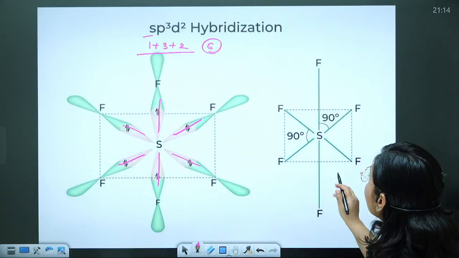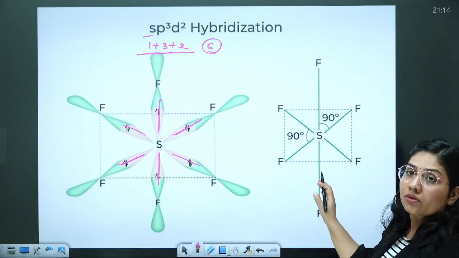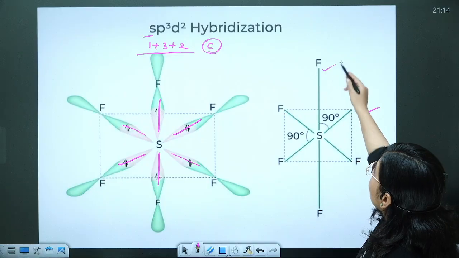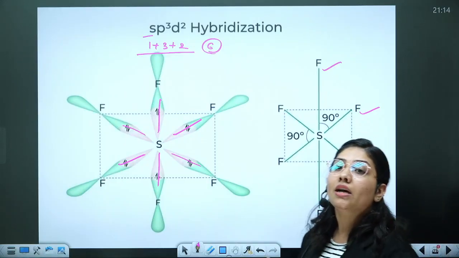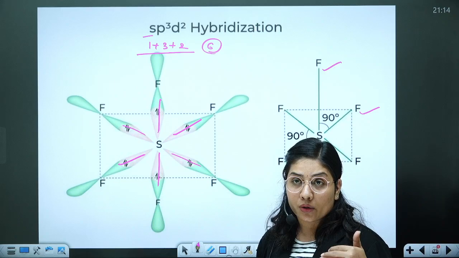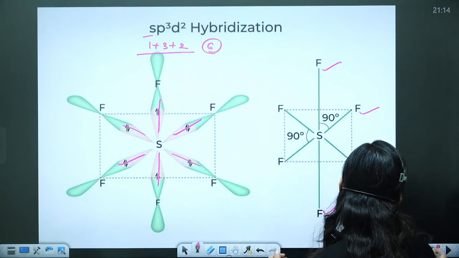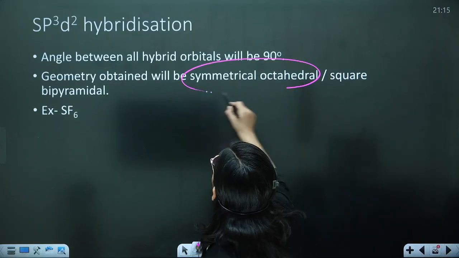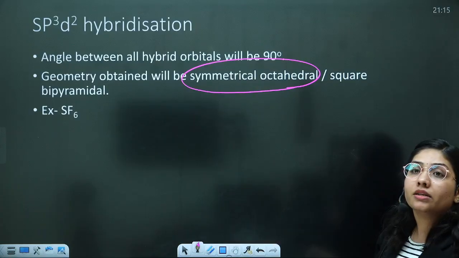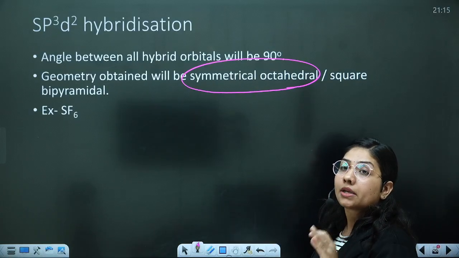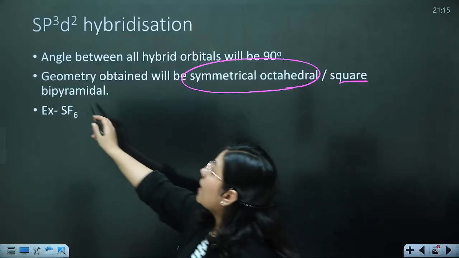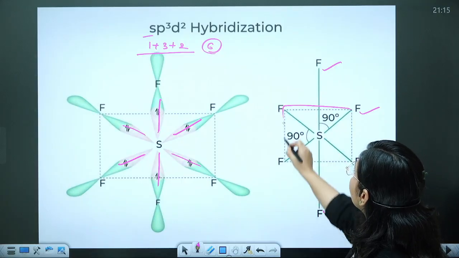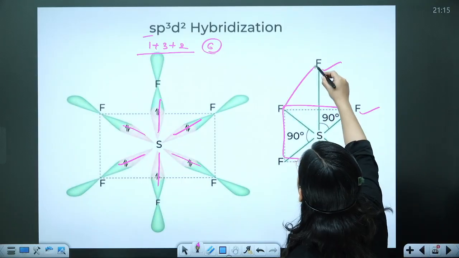They will also be arranged like this. 4 bonds will form a square and 2 bonds will be in the axial position. This geometry is known by 2 names. One is symmetrical octahedral and the other one is square bipyramidal. You can see the structure again, it looks like a square, having